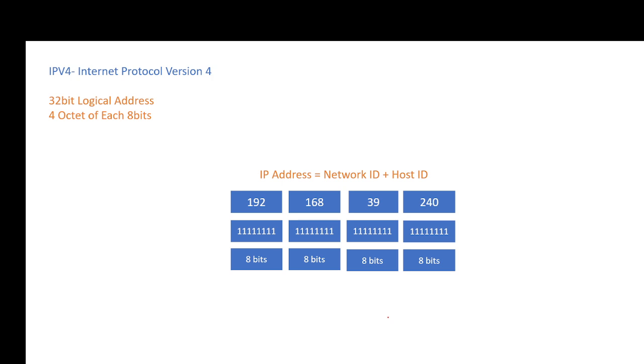The one I was explaining here, IP version 4, means Internet Protocol version 4. It's a 32-bit logical address, 4 octets of 8 bits each. And I was referring to 32 bits. See here, this 32 bits is nothing but,